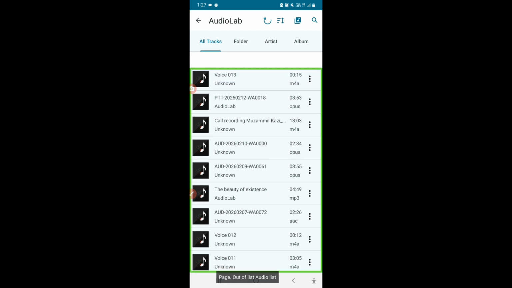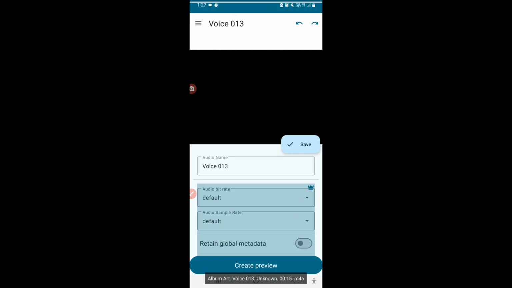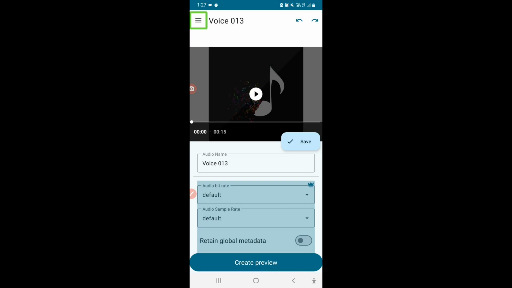So I can select this audio, and when I swipe ahead, I get the option of audio options. And from here, I can play and check whether I'm selecting the correct audio or not. So I'll simply select this audio. Remove noise. And I'll play this and show it to you guys how it is sounding.